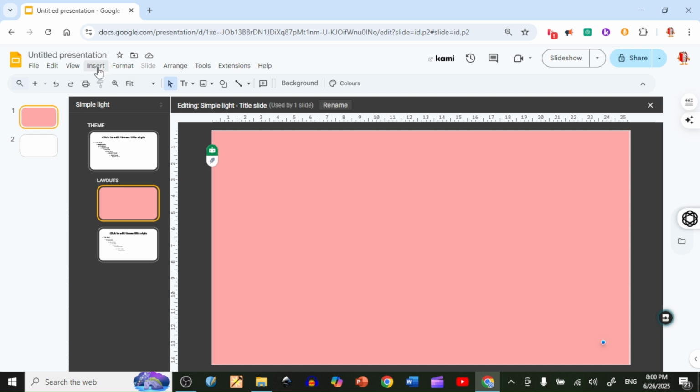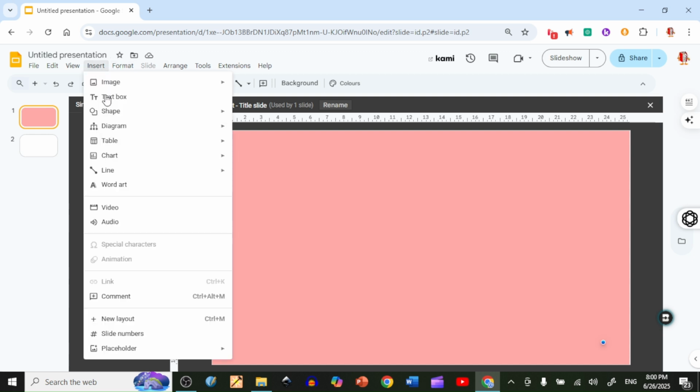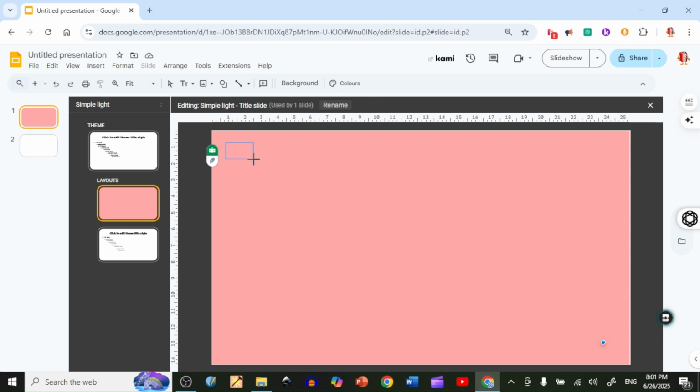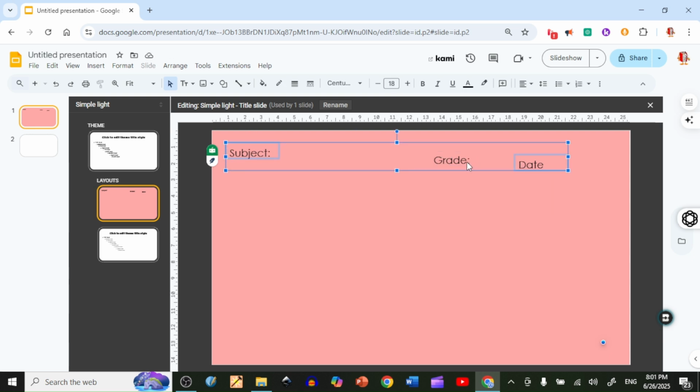I will start adding the text which I don't want to move from this slide. And I click the text box, and I will add here and type in subject. And by pressing Control D, after about half of the slide, I will add here grade. And then once again, I will duplicate it and create a place for date. Okay, in order to make sure that these are aligned properly, I will select all of these boxes, and I'll